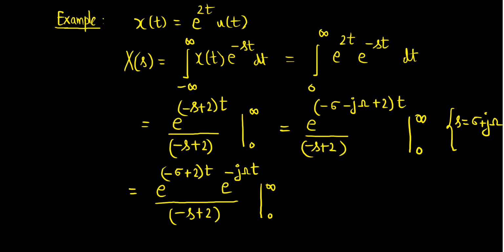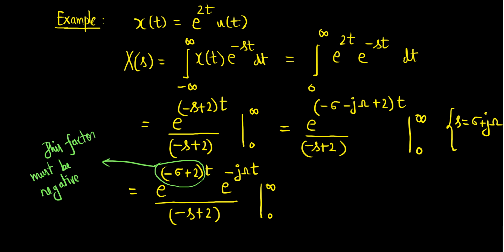Otherwise this is not going to get converged. So what I mean by that is the expression is going to converge. So let me write that: this factor here must be negative,